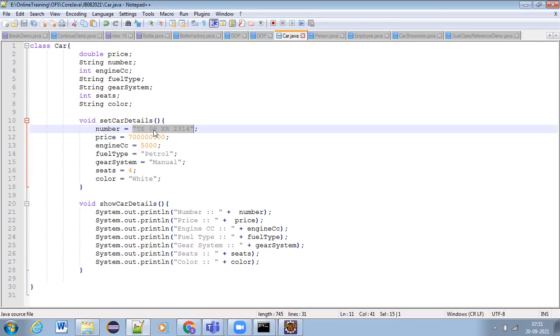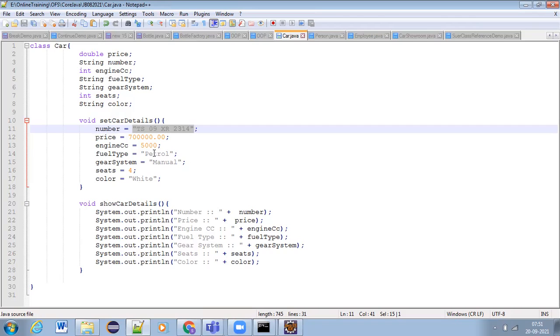So how should that come? We have to write in such a way that the value should be taken from the user and that should be assigned to our car objects. It should be done in such a way that the user input values should be taken as the values for class members.